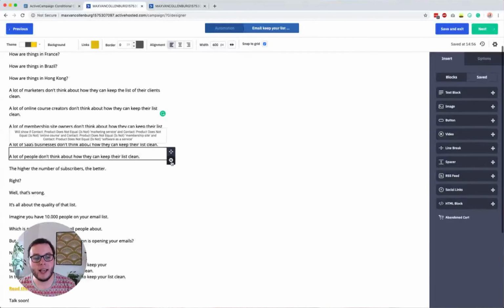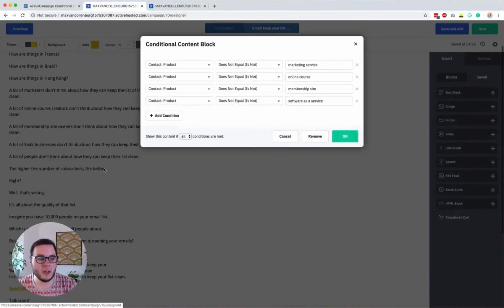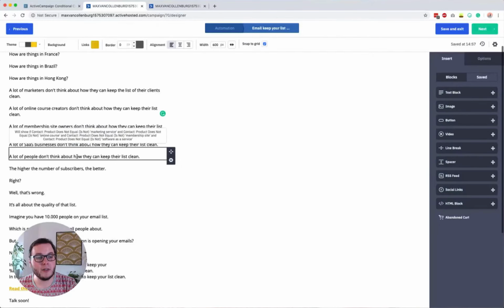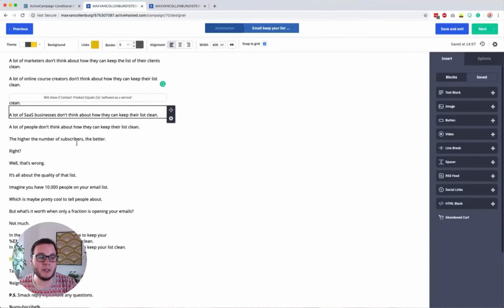So then I created a fallback segment basically, or a fallback conditional content block. So this block, a lot of people don't think about how they can keep their email list clean, will only show to people whose product is not marketing service, not online course, not membership site, not software as a service. Then you set it to all, you click OK, and then you see here that this block will then show if these are not being shown.